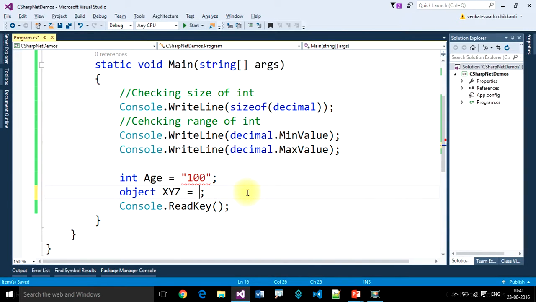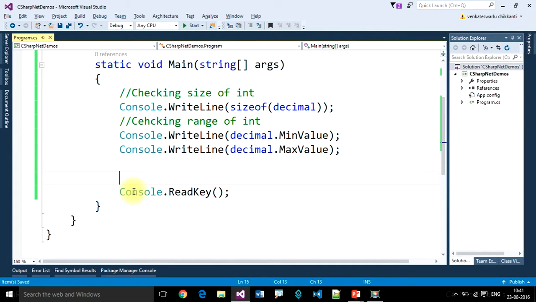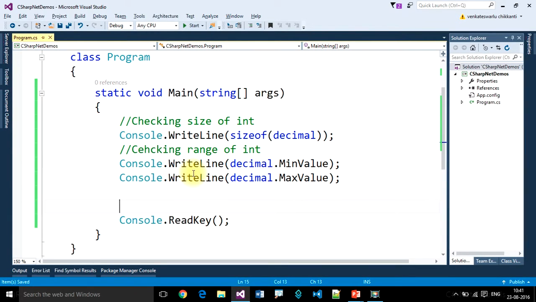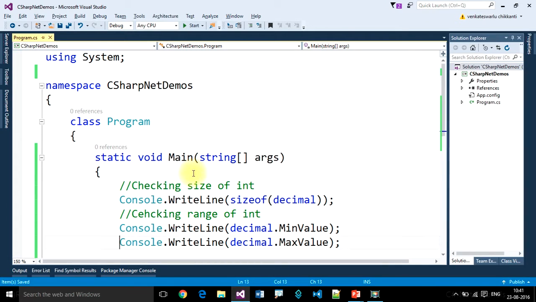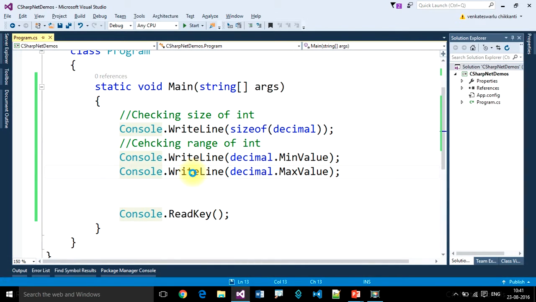It's also valid. 100.80m is also valid. So object can store any data type. And one more thing: object is the parent class of any class or any type inside C# programming language.